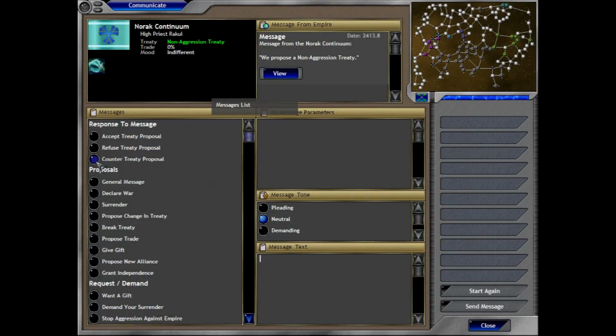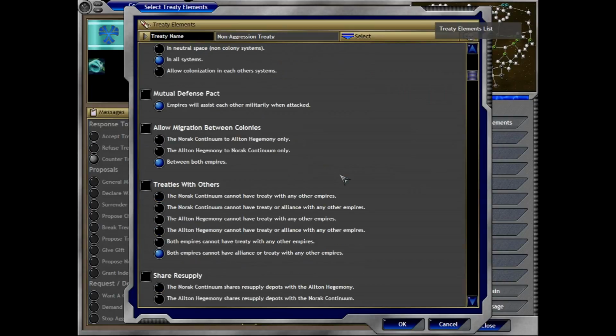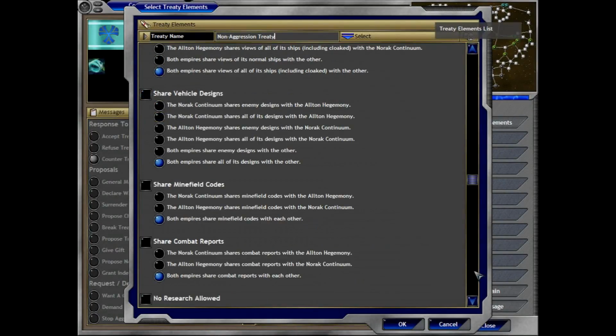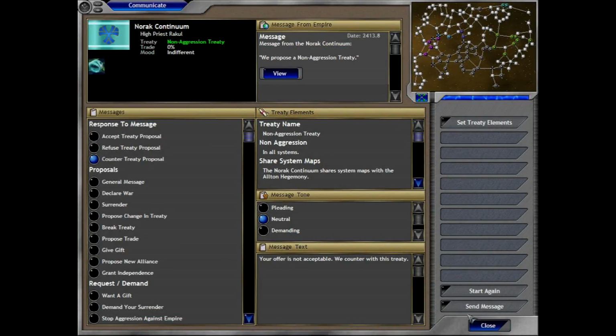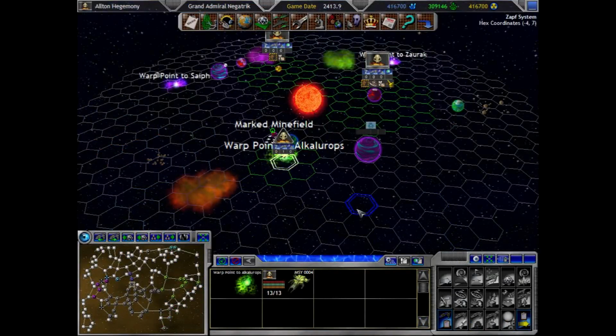What do the Norak want? I'm liking that. Non-aggression, they give maps to me, and they give me 5%. Okay. I mean, I'm okay with you not giving me 5%, but I'll accept. Alright. Except for I think I sent a counter offer. Oh,